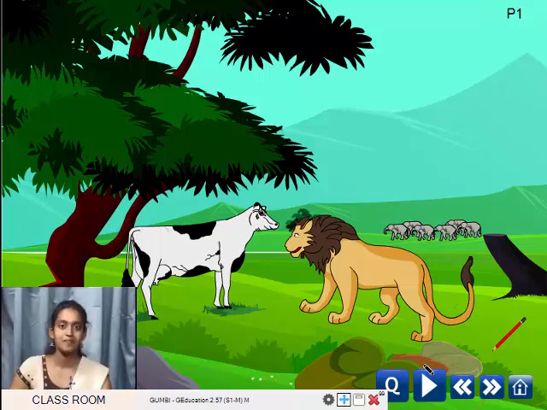Describe the picture, children. Come on, make your own sentences. What do you see on the screen? Yes, you see a sun. It is shining brightly. You can see there are tall trees. The cows are grazing. You can see a small puppy sitting there, and a girl. She is looking at the sun. Can you see some flowers? Yes, you can see there are lotus in the pond.